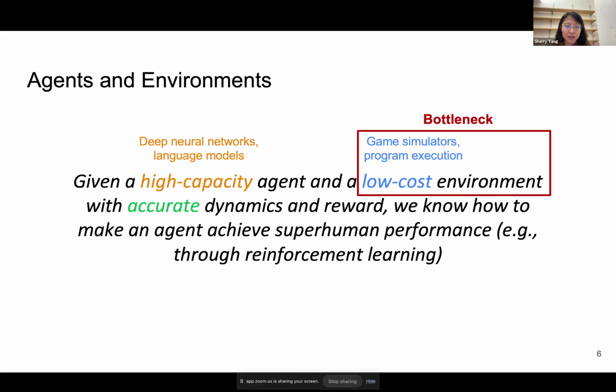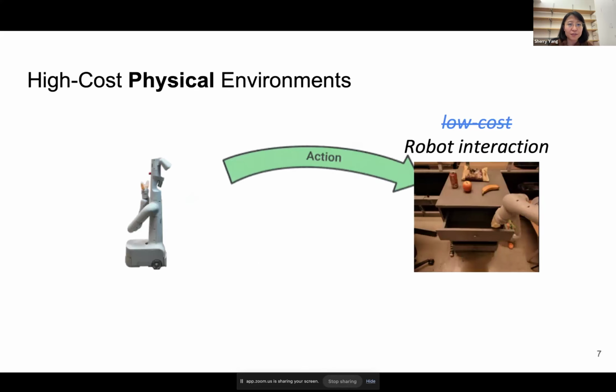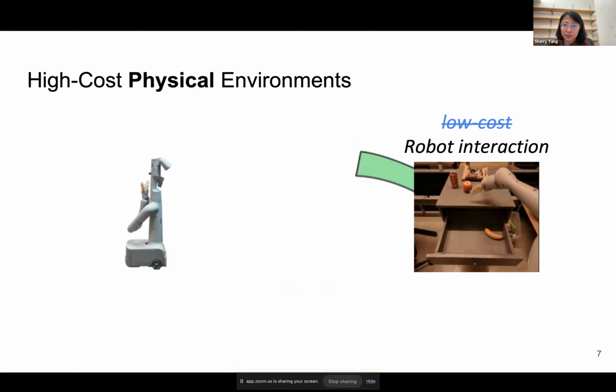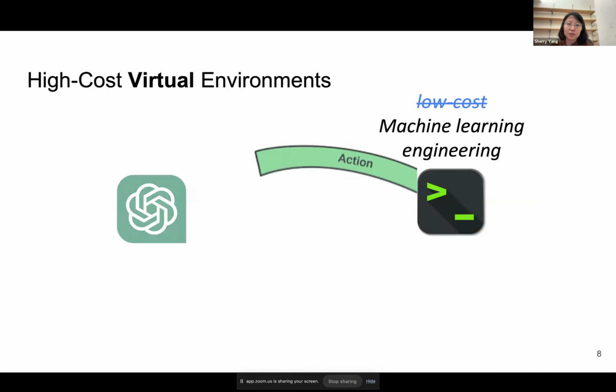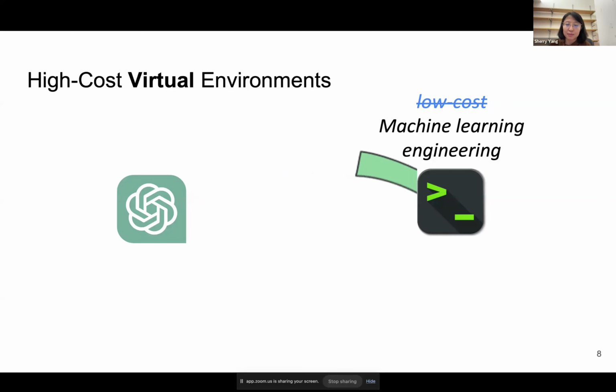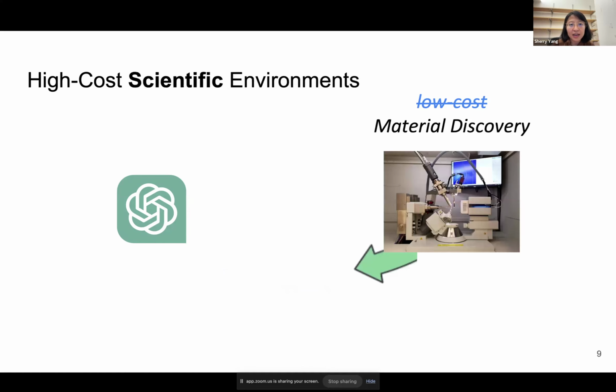So what are some examples when the low cost environment is not true? Well, if you have a physical environment where interaction requires running a physical robot, this is not cheap at all, because you only have one robot and can only run one task at a time. And even when we're not talking about physical intelligence but virtual intelligence, there are still code execution tasks that will be expensive. For example, if we want the agent to do machine learning engineering, the agent will generate some machine learning solutions to train a model for 2 days, and that is not low cost at all. Some other examples are scientific experiments, such as trying to synthesize novel materials, which is also going to take a very long time.